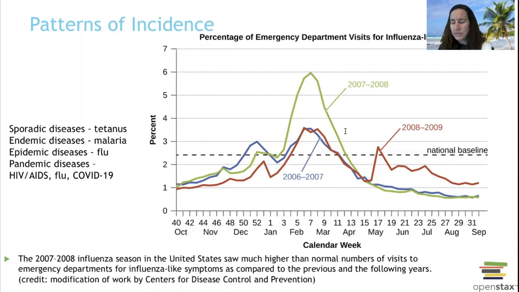So if it's showing up every once in a while in random places, it's not just located in, say, Hawaii. It's all over the place, random, sporadic. It's not all at once. It's literally just popping up randomly. That would be a sporadic disease, and an example of that is Clostridium tetani. Tetanus is something, again, that you can't pass person to person. Remember, you have to pick that up, and you get infected with the endospores because you stepped on a nail or whatever happened. So this is not person-to-person transfer.